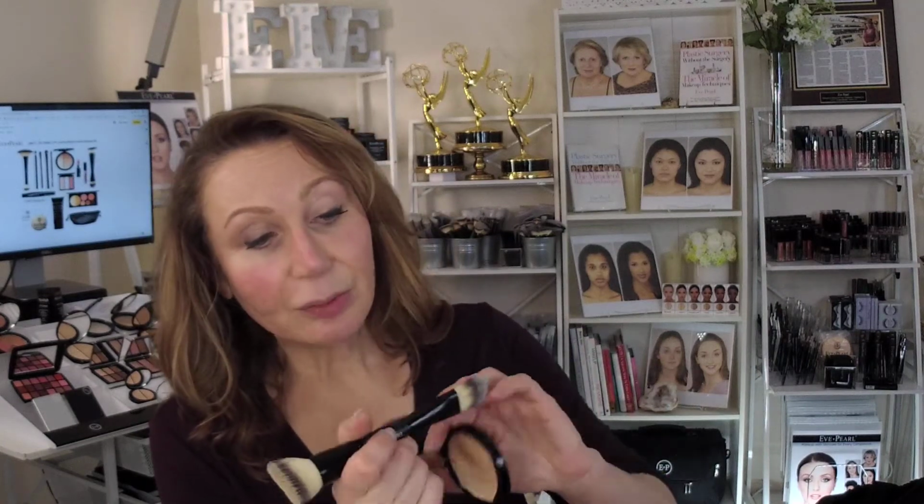Always try to keep the Eve Pearl name up so that you'll know that on the bottom side of the brush, there's going to be the lighter color, side one, and on the side that has Eve Pearl will be the darker color. How do you choose your shade? When you hold the foundation near your face, side one should be lighter than your skin, and side two should be the color that's a little bit darker,